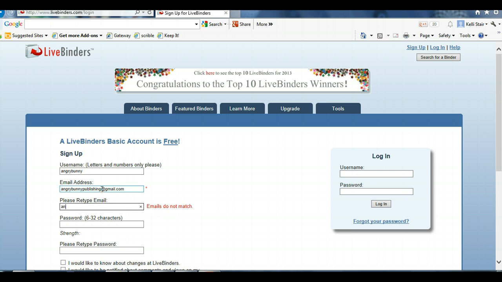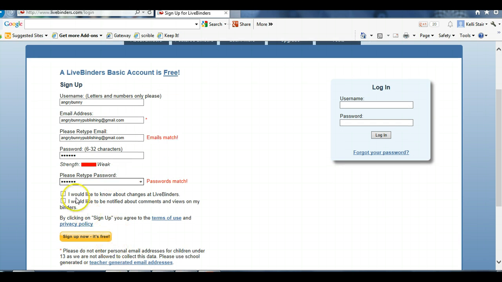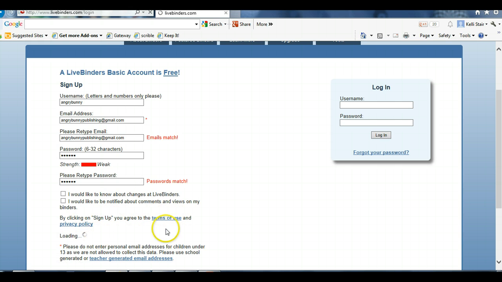And you retype. You create a password that's 6 to 32 characters. It lets you do weak passwords. Okay, and then if you want to know about changes, you click here. If you want to be notified about comments and views, click here. I suggest against being notified on comments and views because you'll get an email every time somebody comments or views your binder, and that can be a little overwhelming. The terms of use, click now, sign up,